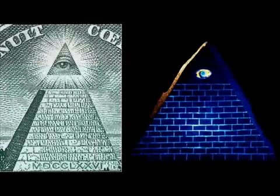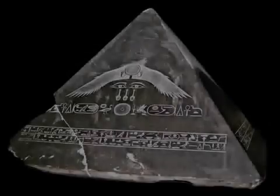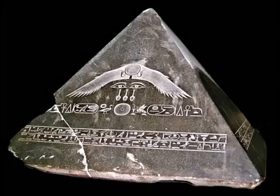On the back of a Federal Reserve note, the Eye of Providence, or all-seeing eye, is centered on the capstone of a 13-step pyramid. It is also centered on the Black Pyramid of Ecuador found in the 1980s. What is the significance of the eye being inserted into the capstone or pyramidion? The pyramidion is the most important piece of a pyramid. Made of diorite, granite or fine limestone and often covered in gold leaf, it focused the energy of the pyramid,